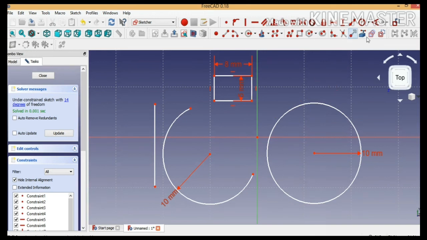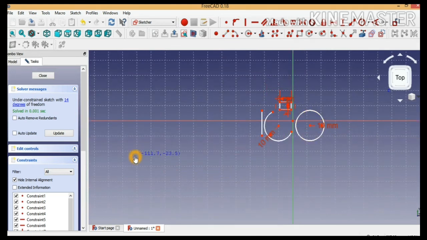What if you want to measure an angle? For that, just draw two lines. Here one line and here one line. I have to measure the angle between these two lines. This is the angle command.